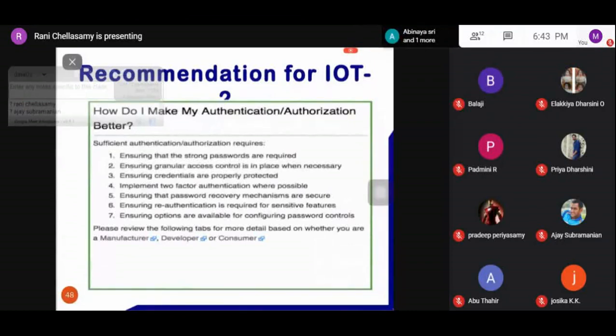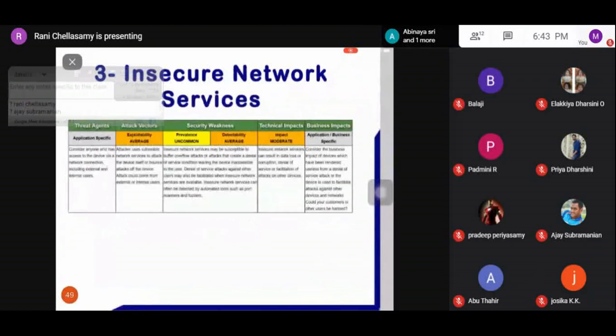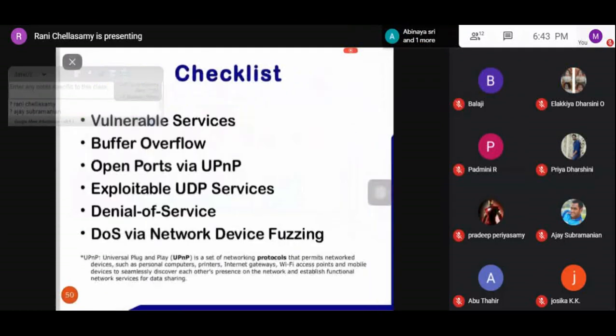So coming to the third one, insecure network services. We'll move on to the obstacles. What are the checklists we need to have? There are vulnerable services regarding insecure network services: buffer overflow, open ports via UPnP. So what is